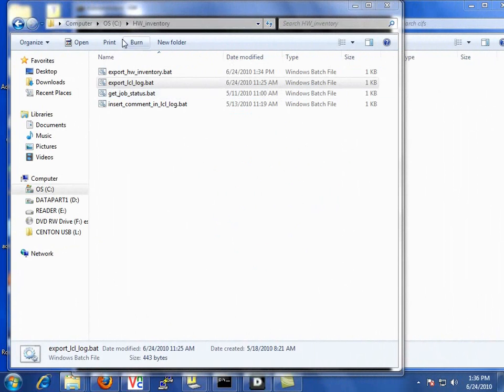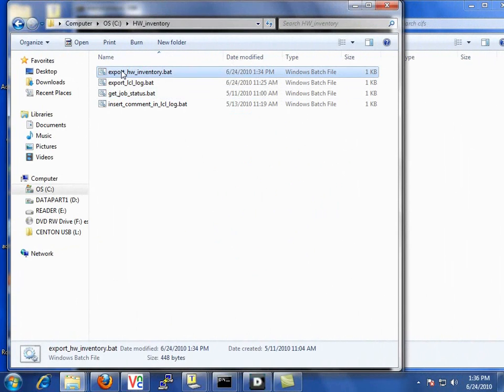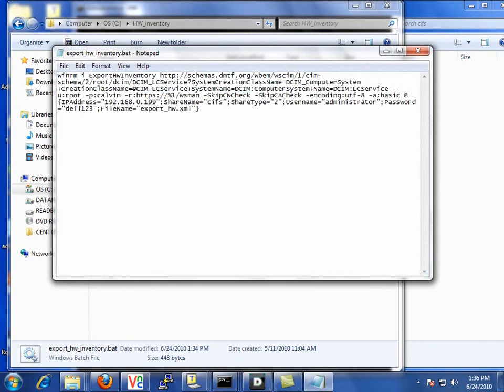We are now looking at some sample batch files that have been written to access the WSMan protocol of the Lifecycle Controller using the WinRM, Windows Remote Management command. In this batch file, you see that we're using the export hardware inventory feature. We simply pass it the IP address of the iDRAC